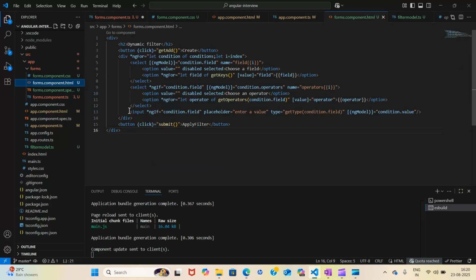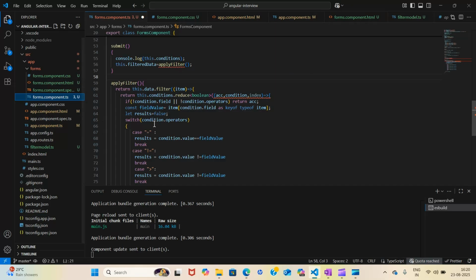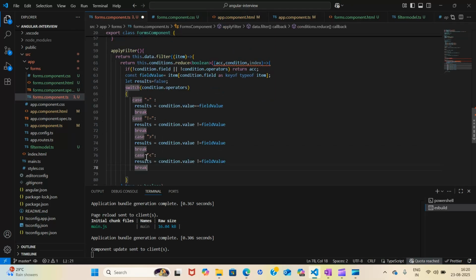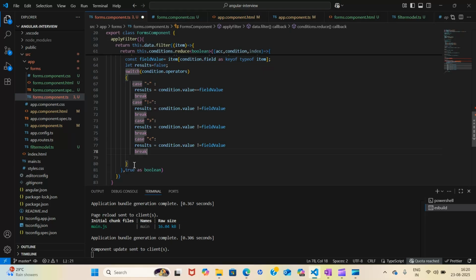Okay, so create a div with ng container. Basically if you want to avoid a div, you can use ng container, and there on the condition you can display input boxes and your drop down accordingly. Okay, so this you can try. Right now we have covered these switch cases, so it will filter out.